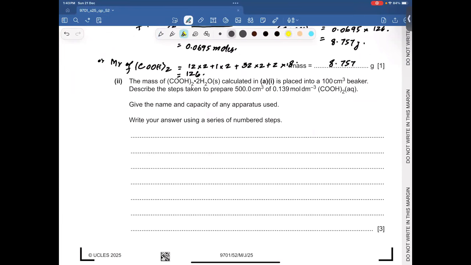Now, in the next part of the question, the mass of hydrated ethane dioic acid calculated in A1 is placed into a 100 cm cube beaker. Describe the steps taken to prepare 500 cm cube of 0.139 aqueous ethane dioic acid. Give the name and capacity of any apparatus used. Write your answer using a series of numbered steps. Okay. So first of all,